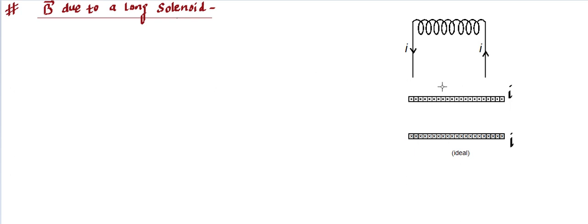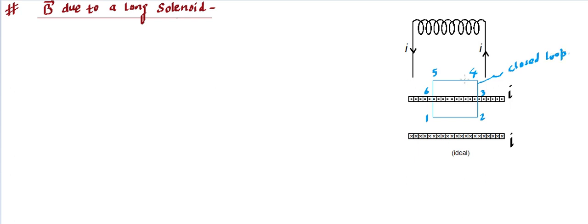loop. So let's consider an Amperian loop like this. So this is an Amperian loop we are considering, and in this Amperian loop, let's name the points that are going to be important. Let's say this terminal point is 1 point, then this is 2 point, then where it is intersecting, that's a 3rd point, this is 4th point, we can call it the 5th point, we can call it the 6th point. So 6th point we have indicated, and this is basically Amperian loop or the closed loop.